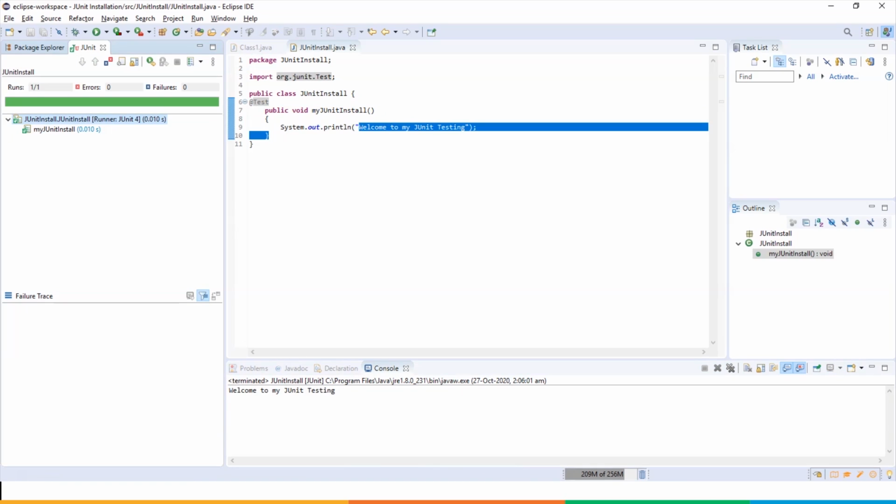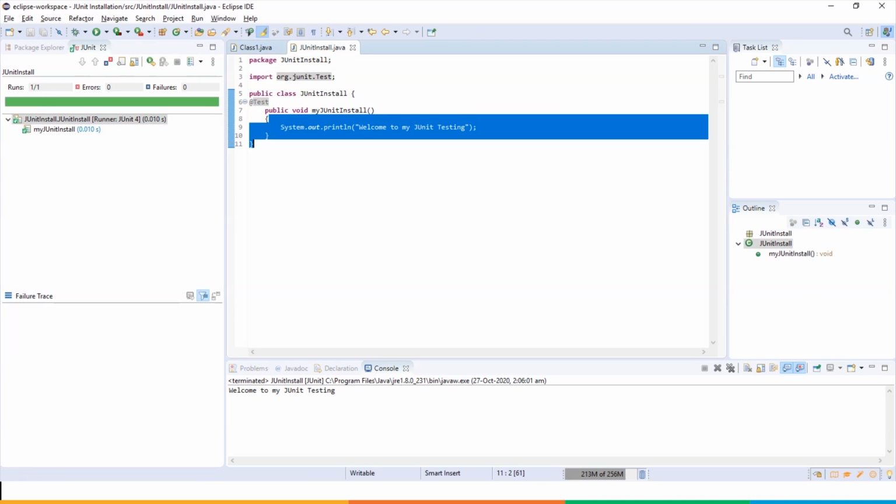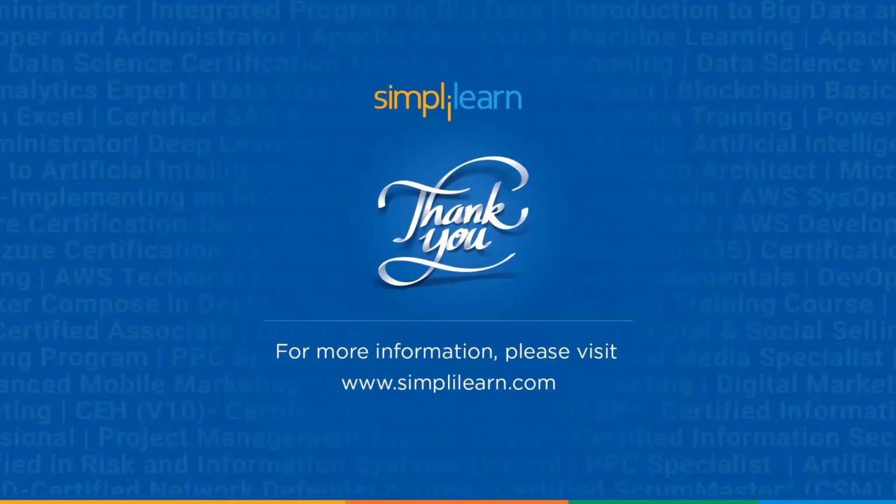Here on the left side you can see the JUnit report. You can see runs 1 out of 1 and there is 0 errors, and same there are 0 failures. So here in the space provided, you can have as many number of tests, as many bunch of code you want, and with the help of JUnit you can test any particular part of the code.